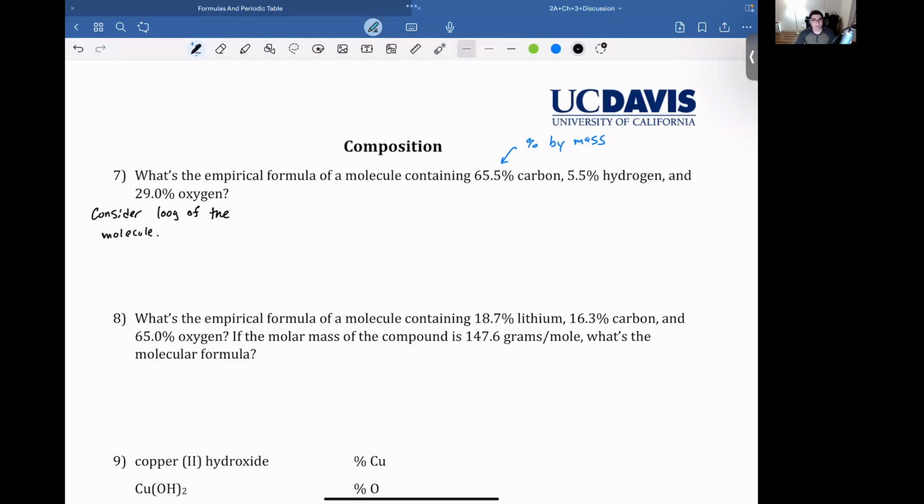Why? Because it makes your life easy. You could use whatever you want, right? You could use 27.34. But the reason I'm using 100 is because these are all in percents. So this will make all of the math easier. You can use whatever you want and use the same methods. I highly recommend 100. There's no reason not to. This just makes the math easy if you do it out of 100 because percent's out of 100. So out of 100 grams,